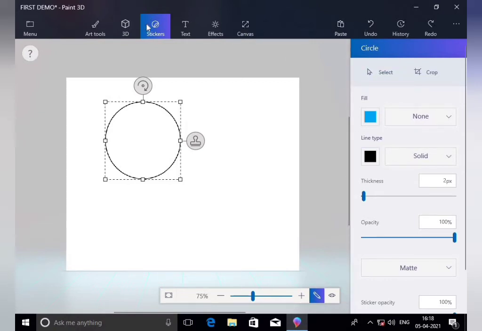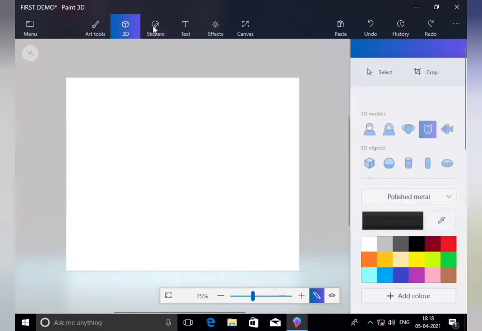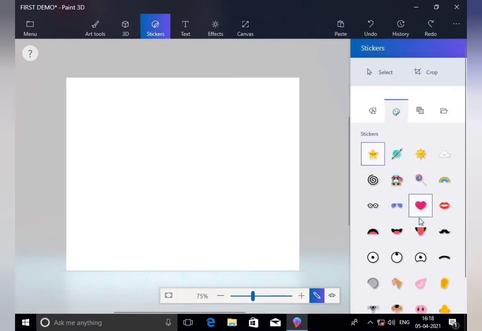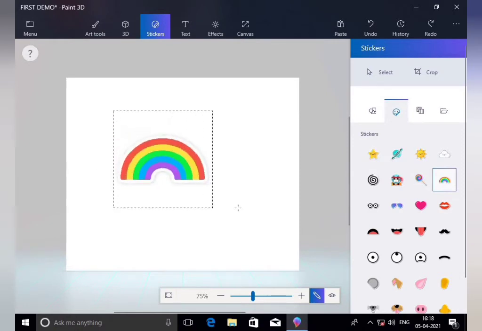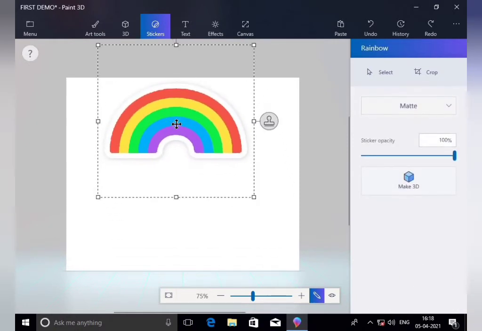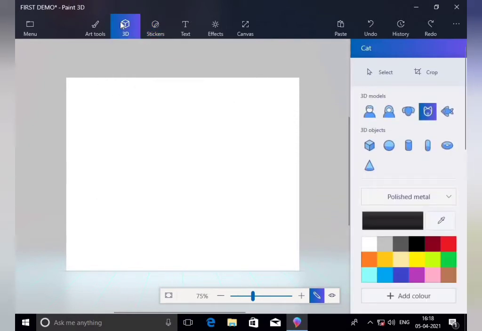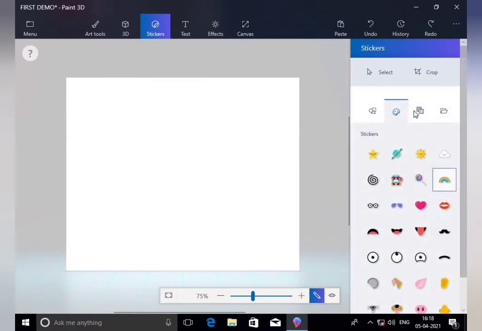Now again come to the stickers. See, these are different shapes. Stickers, for example, rainbow, right? This is our rainbow. For example, now in the shape we have to draw some.